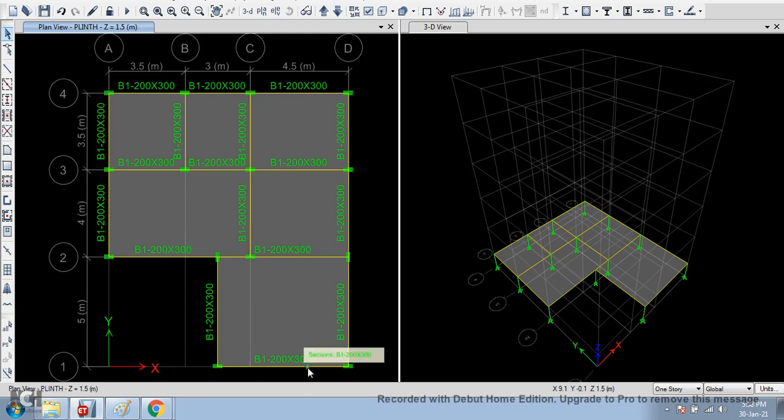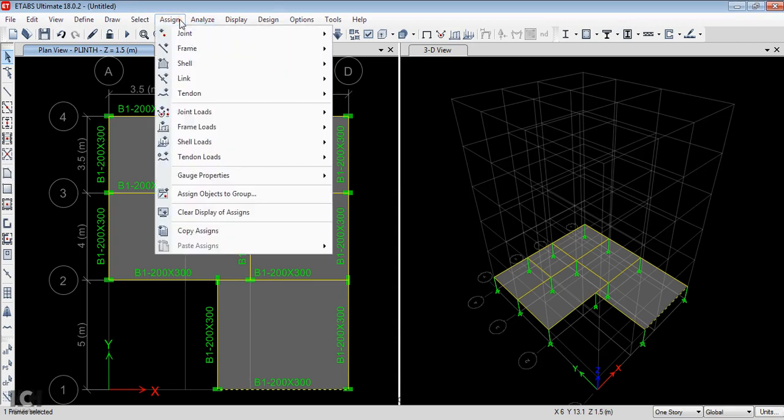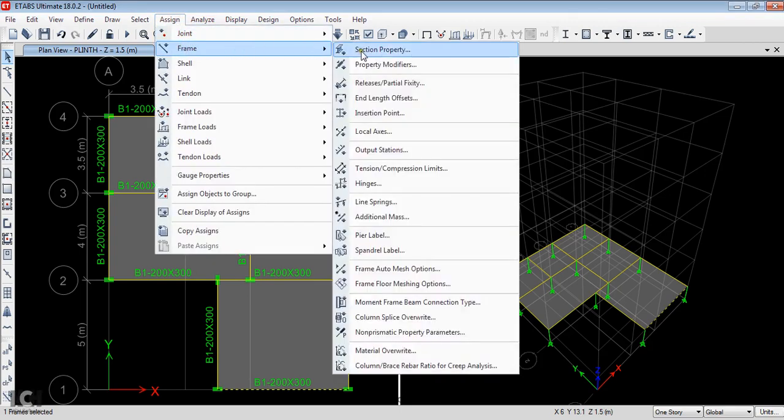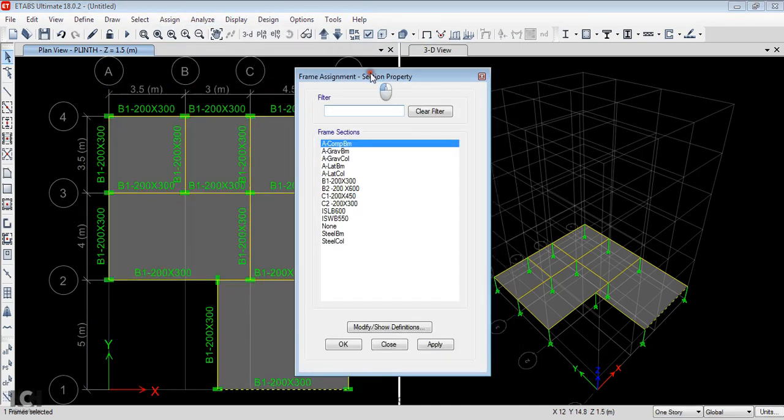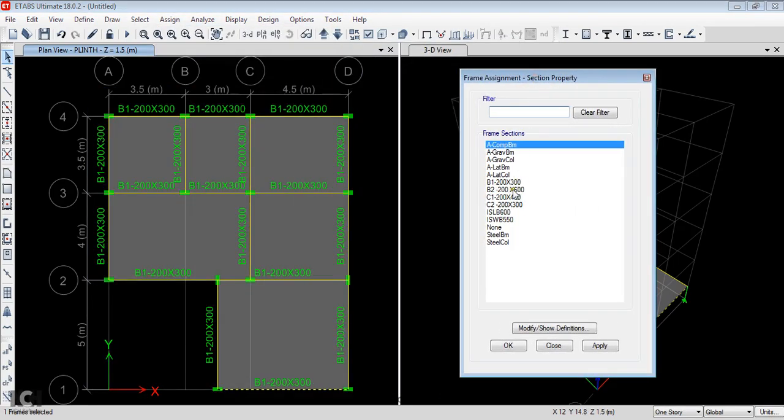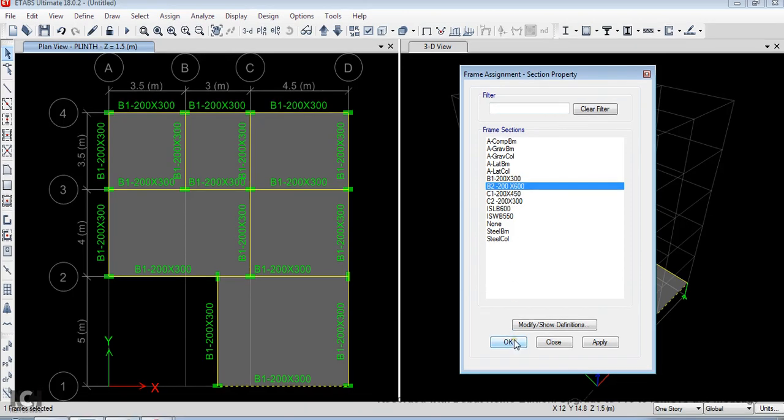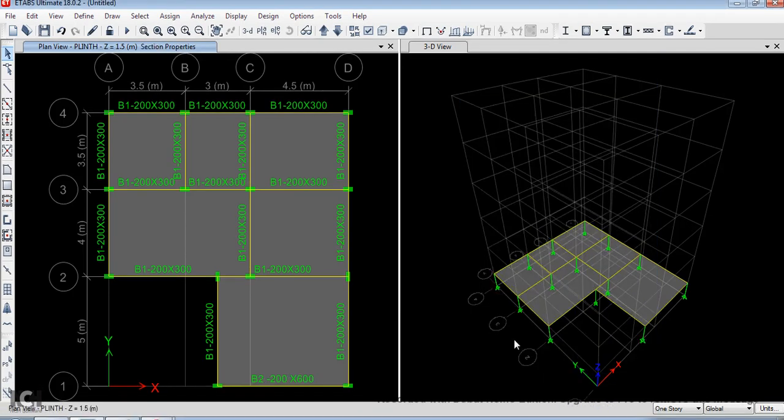You have to select the beam, go to Assign, go to Frame, Section Property. Use B2 200 into 600. So that beam has been replaced by 200 into 600.